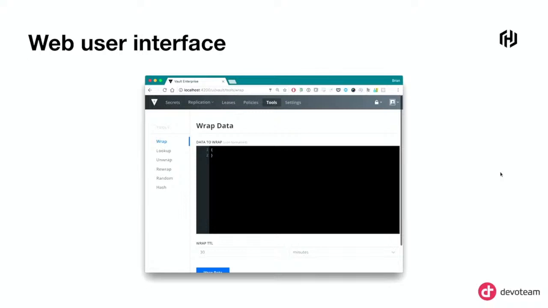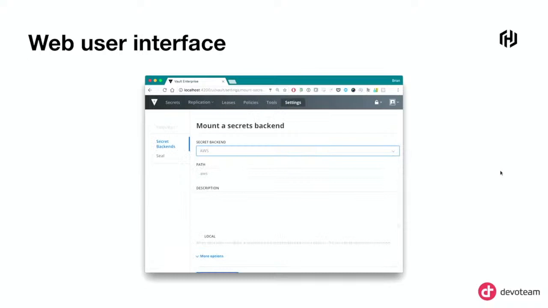And not only for product owners. I'm a relatively technical guy, and I use the UI all the time, because in the browser I don't care about the APIs and etc. And of course, you can also use some secret backends and etc.